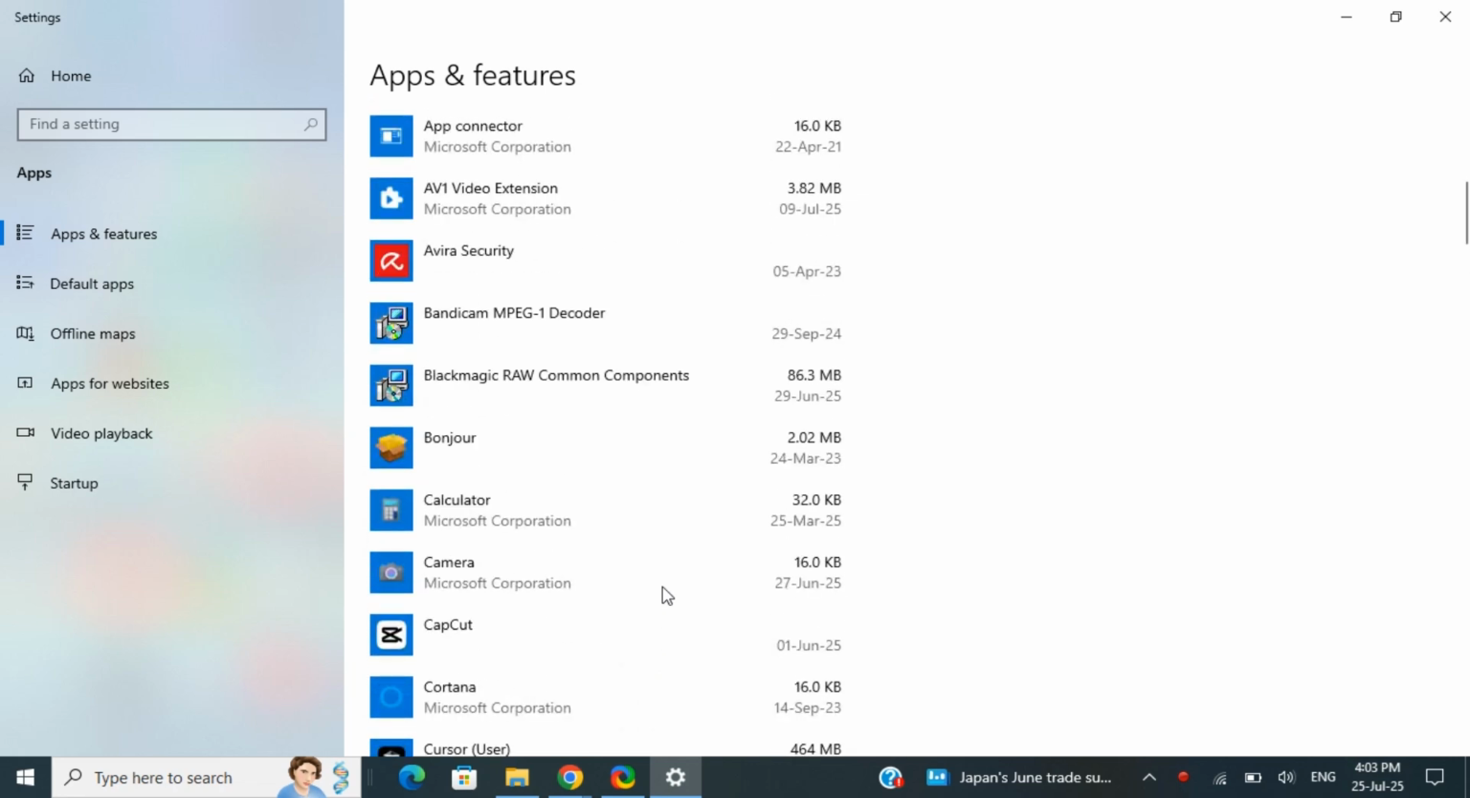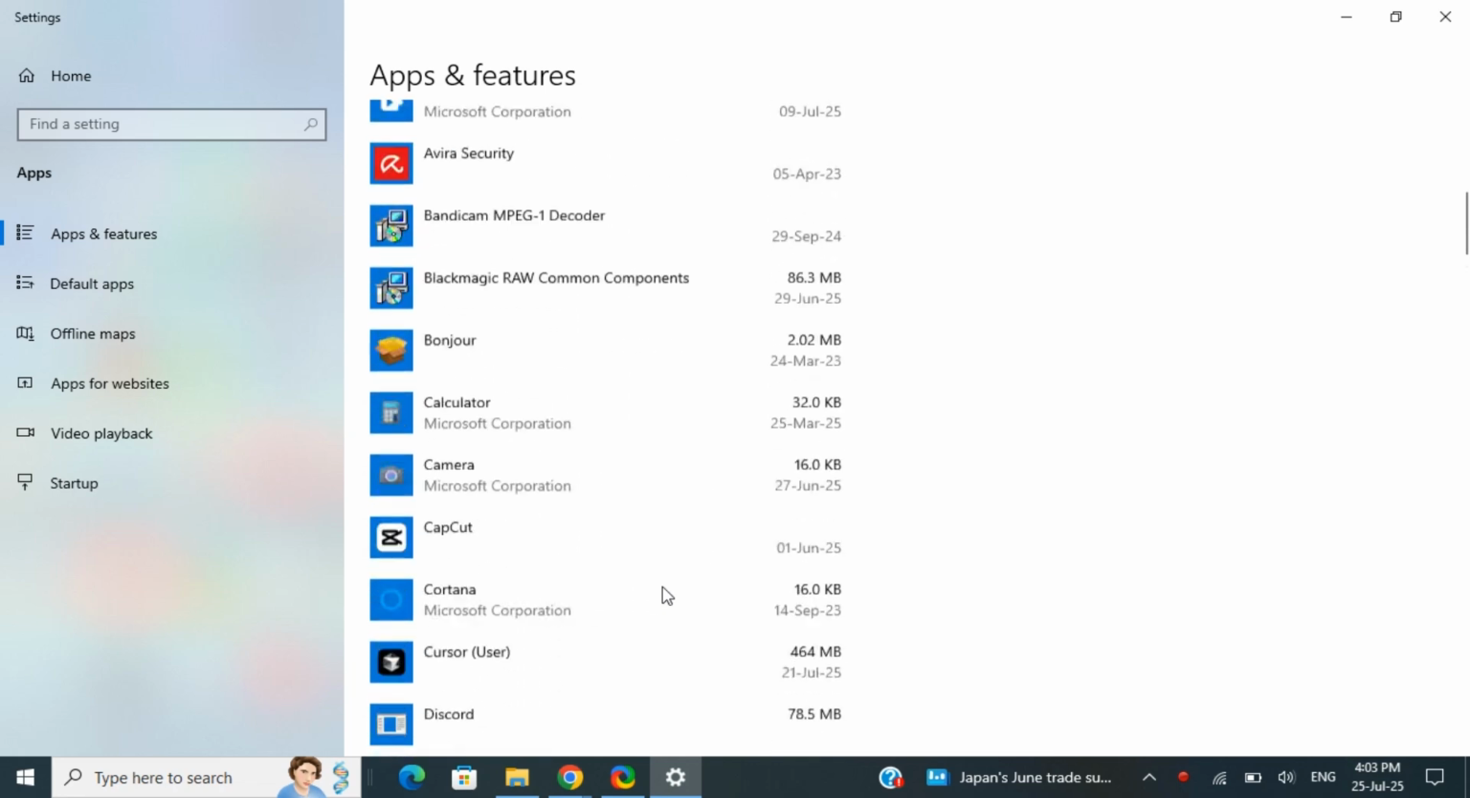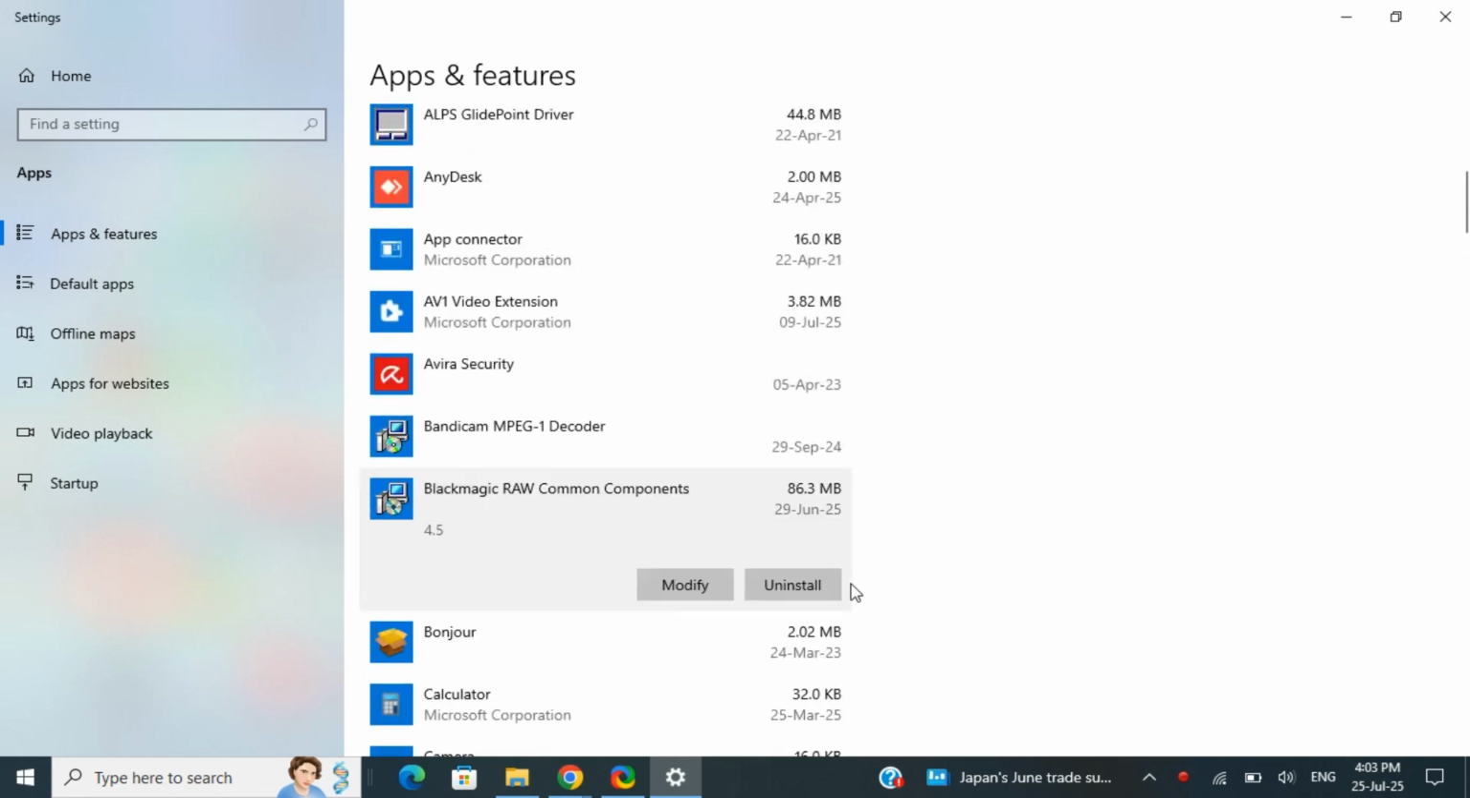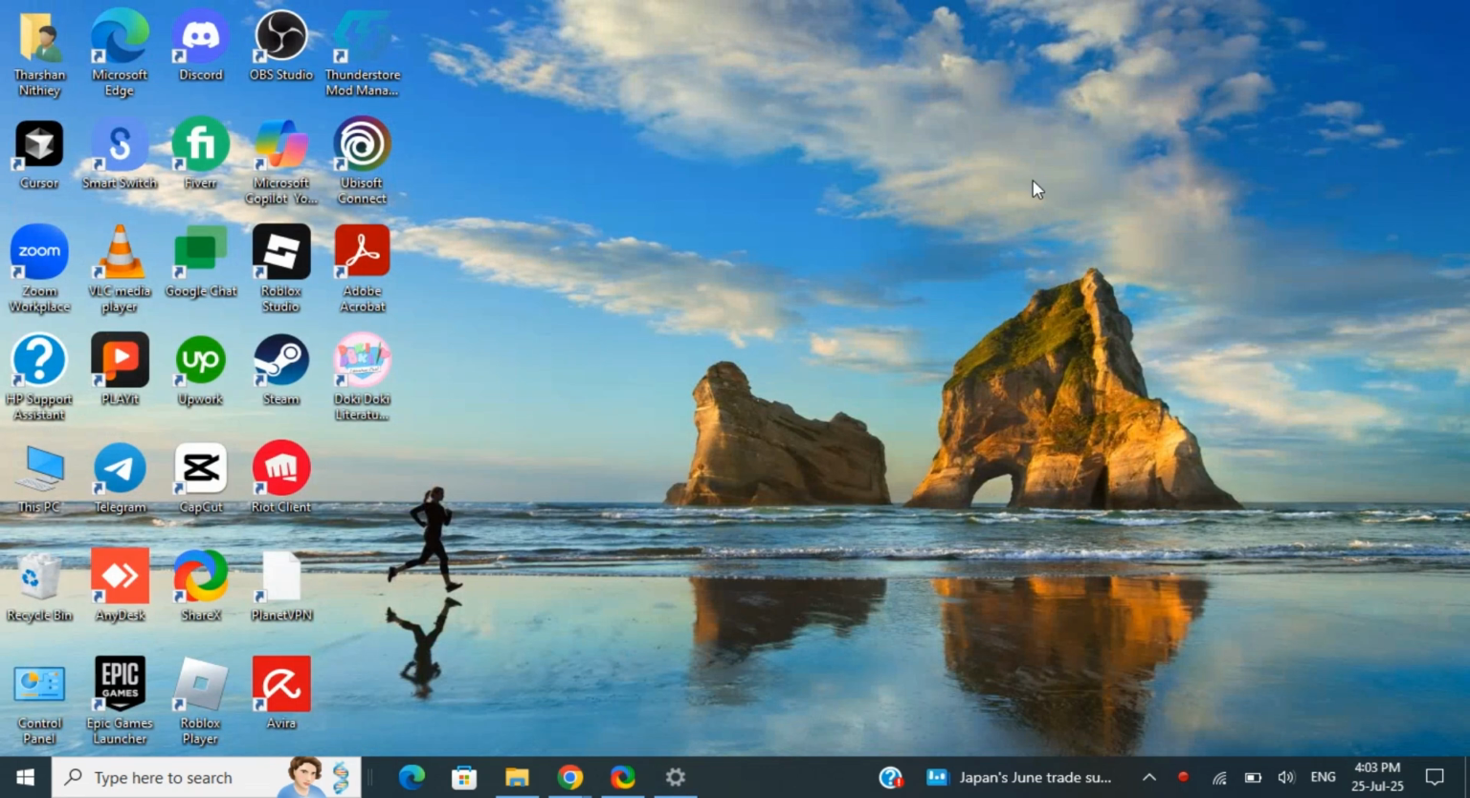Once you find it, click on it and then hit uninstall. Just remove it and then try to reinstall it again and see if that fixes the issue. Next step, on your search bar again,